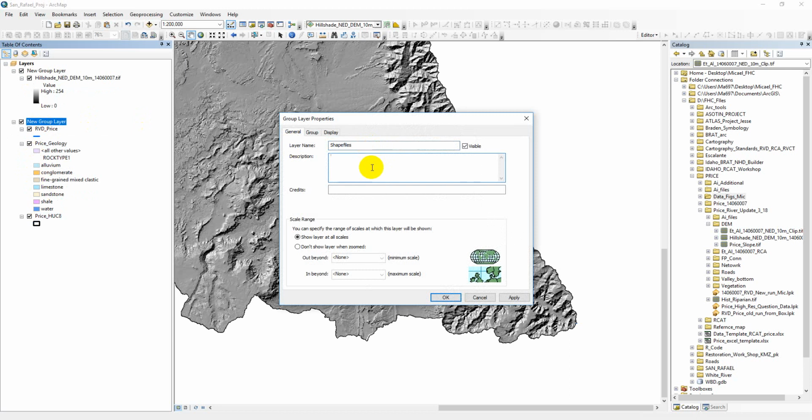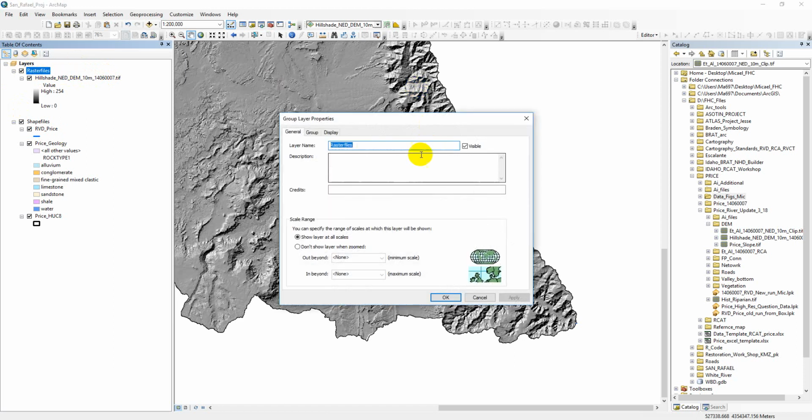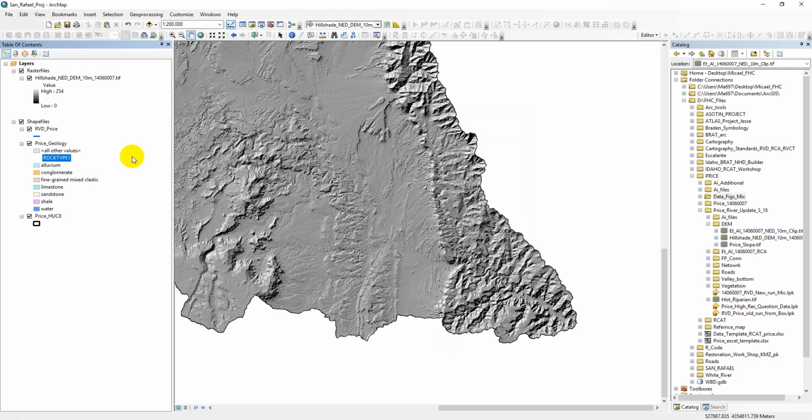shape files. You'll also have to put a description in for the group layer that you're creating. So we'll make this one shape files as well. And then I'll label this one master files, and also make that. And then let's say I want to put these in their own